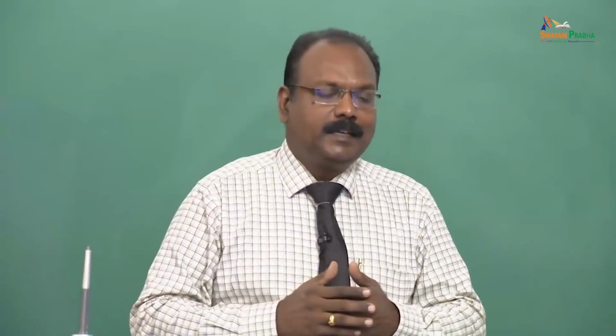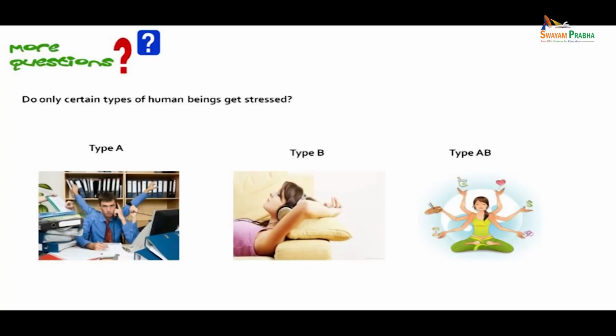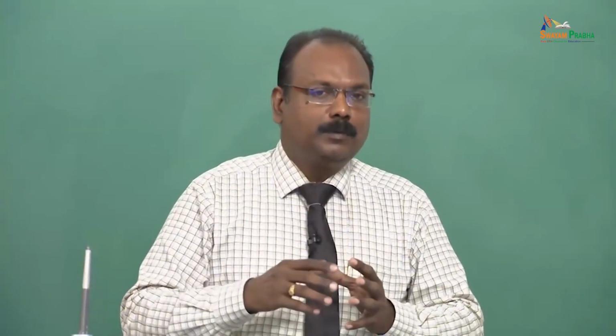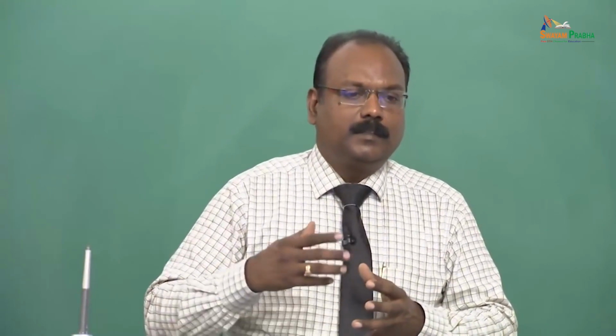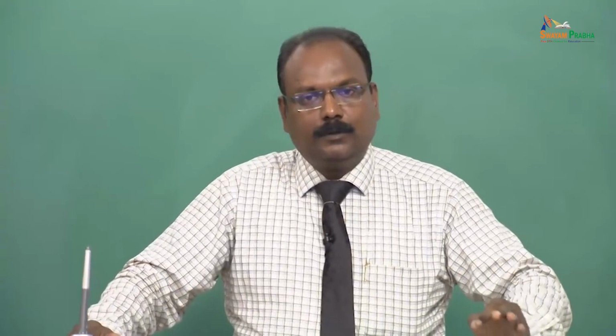I tell you, I have seen type A blood group people who are so lazy, so laid back, so relaxed and not doing anything, and type B people more active, more energetic and more achieving. So although there may be some substance in what has been said, that maybe the type A person is the one who will get it, we need to take it this way. Maybe the person who is more aggressive, more interested in achieving things in a shorter time is likely to get more stress than others. But even that I will not say you should believe that much,